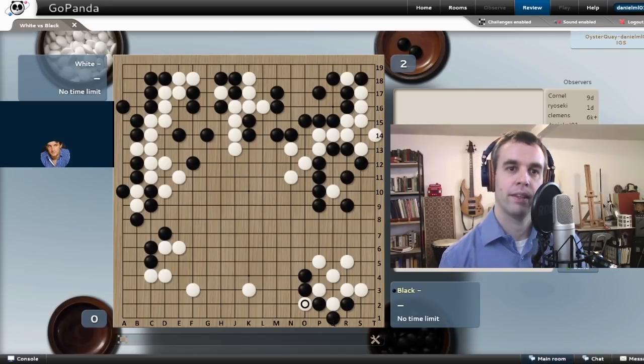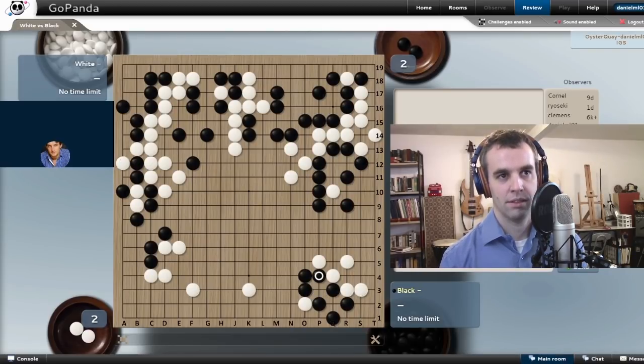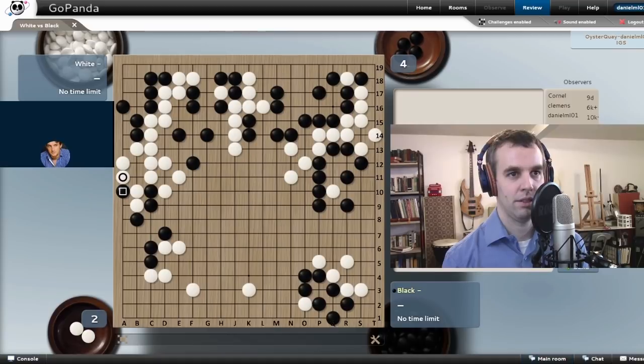Let's say something like this happens. And now he goes Atari here. And you're thinking the ko is quite important, so you want to eliminate the ko. And then he captures 2 stones, which means he automatically captures another stone, this 8-10. Right. So when you play the Atari from the other side,